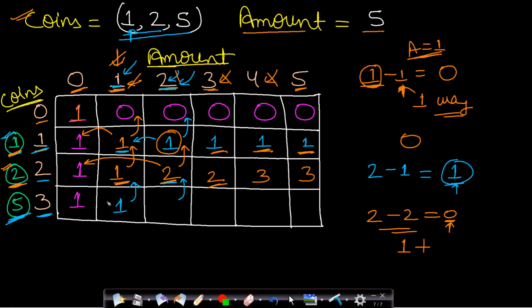So we just exclude coin 5 and move to top and include these 2 ways. Similarly, we do this 2 ways, this 3 ways. Now we are at this 5. Now since we are at this 5, we can either include this 5 or we can exclude this 5